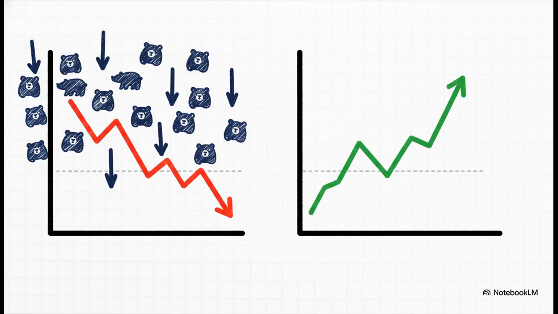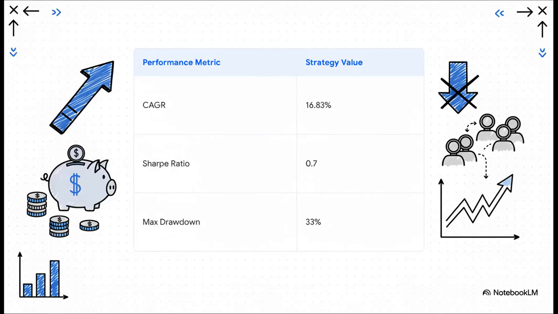And look, this isn't just people throwing darts at a board. There's a ton of research behind something called the short interest effect. What it shows is that, statistically, when a whole lot of smart investors are all betting against the same stock, it's a pretty strong signal that the company might be overvalued and that its stock is probably heading for a fall. And you know what? It works the other way around too. This data shows a strategy where you just buy stocks that short sellers are staying away from, the ones they aren't betting against, and historically that strategy has done really, really well. It kind of makes sense, right? If the people whose job it is to find bad companies aren't interested, maybe it's a pretty solid company.